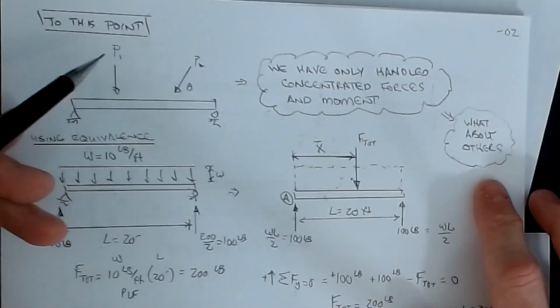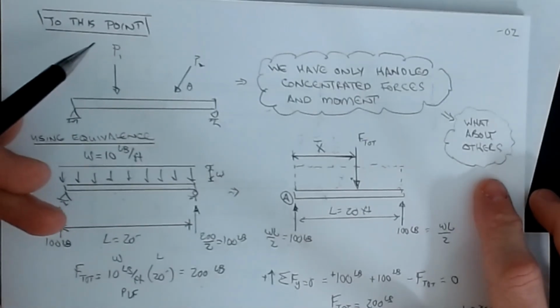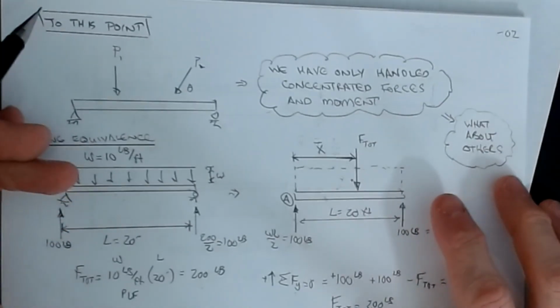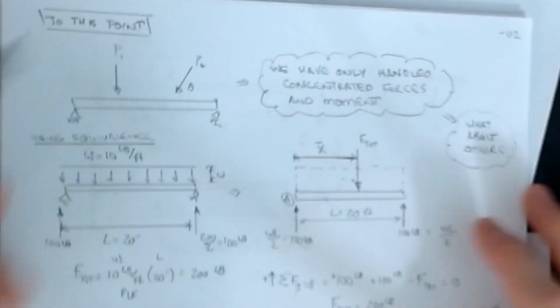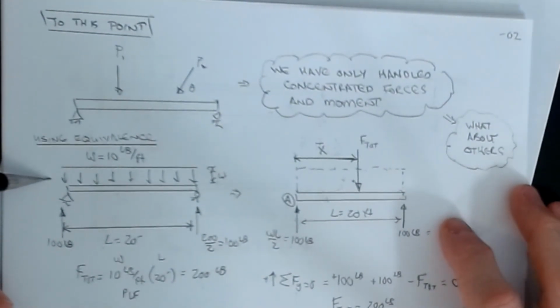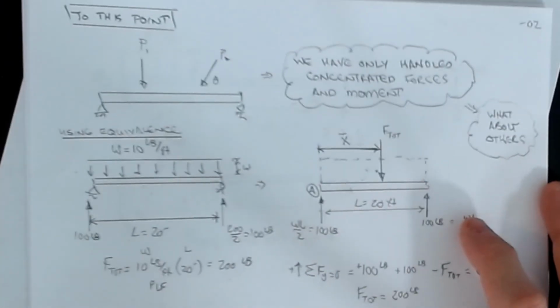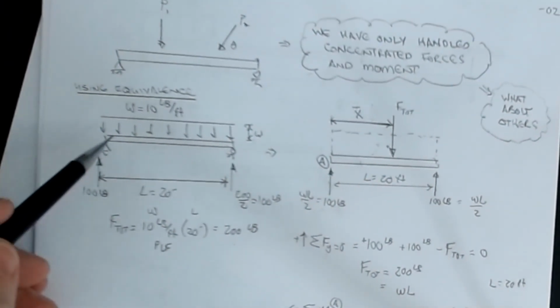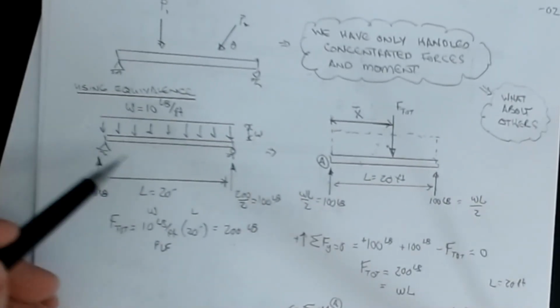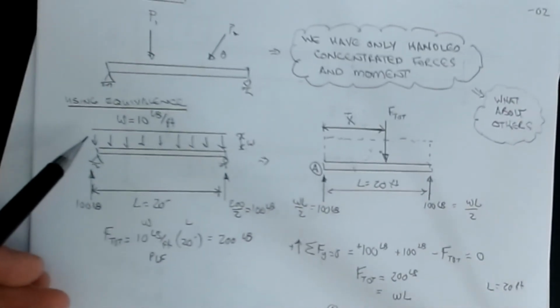Imagine it's snow on the roof of your house. If snow comes down, it's kind of a uniform load applied over a certain length. Well, you could model that as a uniform distributed load, which is what this is. How do we handle this? We're going to use our equivalence techniques,